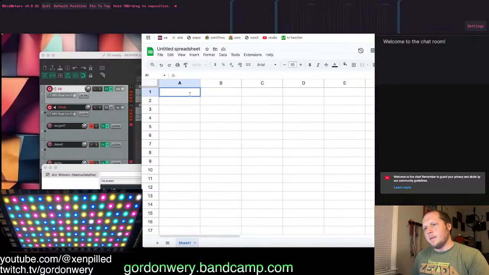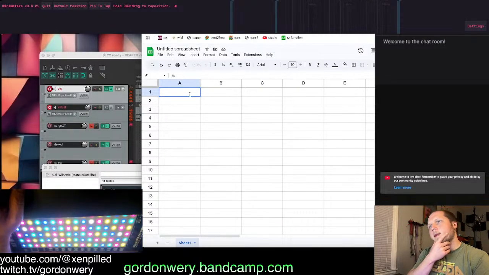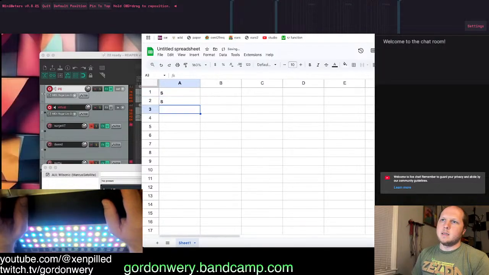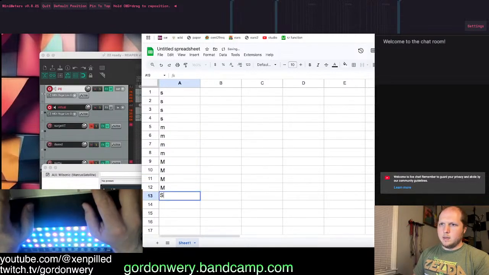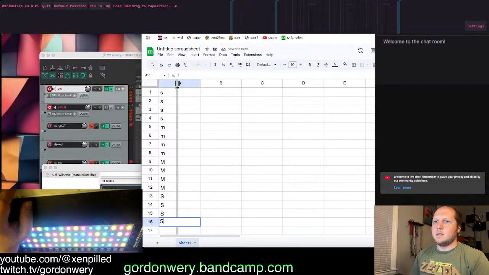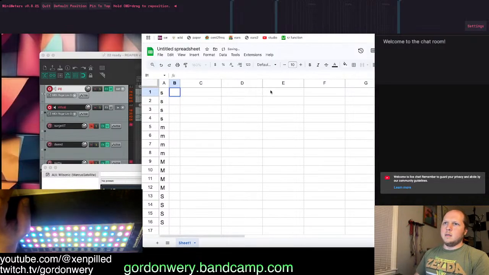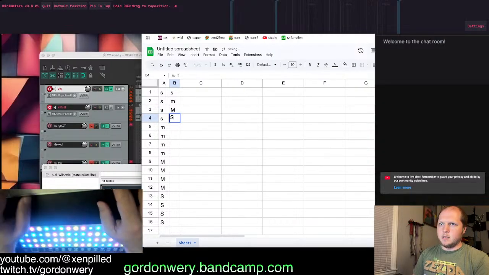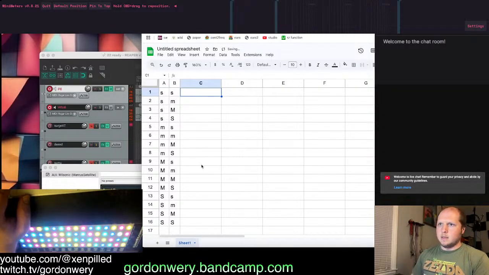So that'd be the minor third and major third, obviously, and the sub minor third and the super major third. So there's only 16 combinations of those. Sub minor will be little s, minor will be little m, major will be big M, and then super major will be this. So these can combine: sub minor sub minor, sub minor minor, sub minor major, sub minor super major, blah blah blah. It just repeats: minor, major, super major, sub minor, minor, major, super major. So just go through like this. So like the main ones,